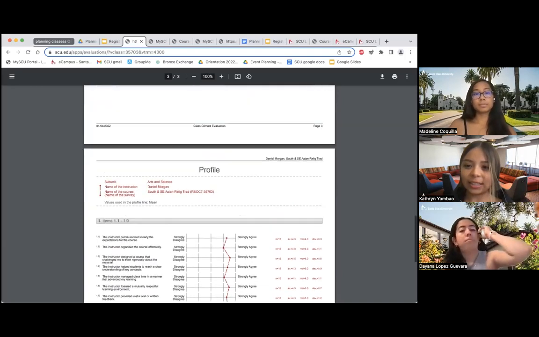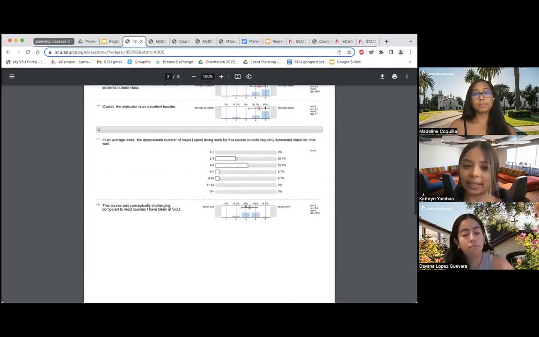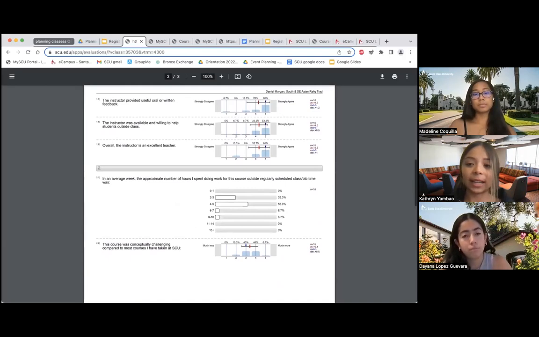You can actually see how many hours students spend doing their homework outside of class. As you can see, for the average student, it takes about 4 to 5 hours outside of class time to do their homework for a whole given week, averaging about an hour per day, which is not too bad. But I just wanted to let y'all know that it really depends on what class, what course, and what